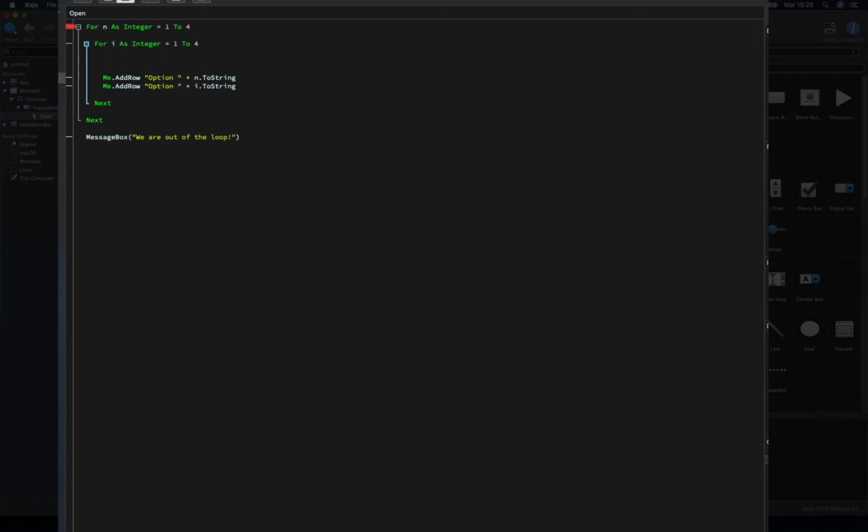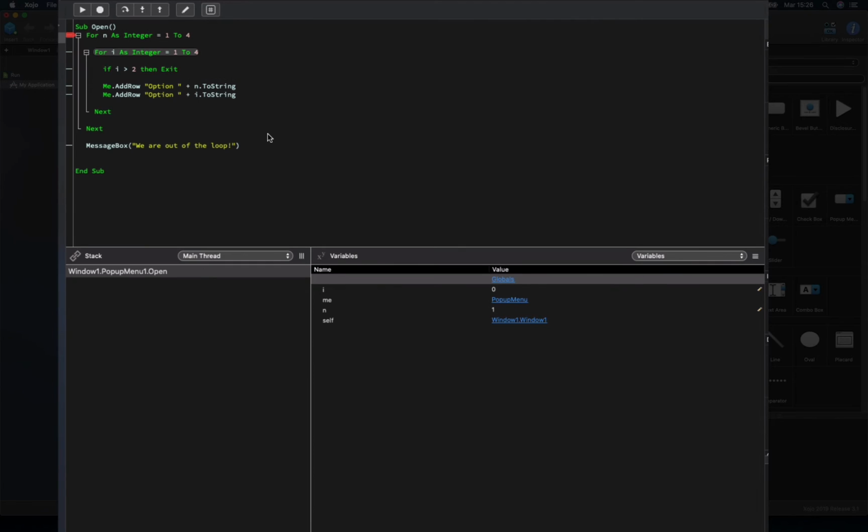The technique is the same. We will still use the exit keyword. For example, let's use a conditional comparison here. If we run our example at this point, we can see how the I variable gets the range values on every iteration from the for next loop. And once it reaches the 3 value, the condition is met, and it exits the inner loop, resuming the execution in the outer loop. So a new value is assigned to the n variable, and it will enter the inner